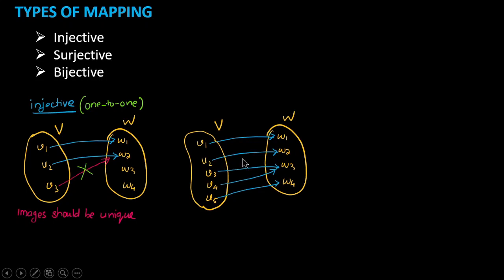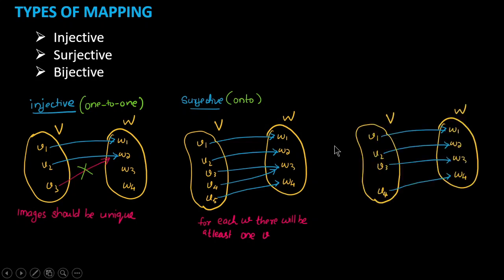Then the second one is like this. Okay, this is a surjective mapping. That means when you take W, all the vectors in W should be mapped. When you take any W, there should be a corresponding V1 over here, or any corresponding V in the vector space V. That means none of the vectors in W should be left blank. When you take any W from this set, it should have a corresponding value over here in the vector space V. Okay, then we call it surjective or onto mapping.